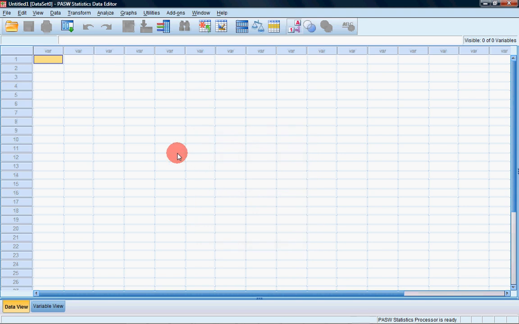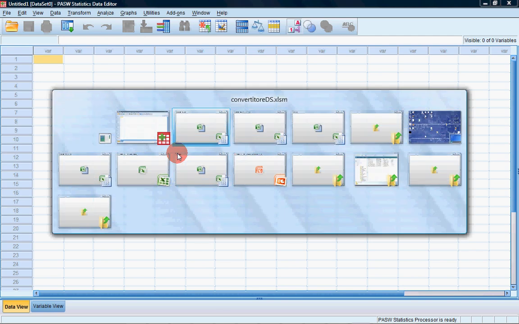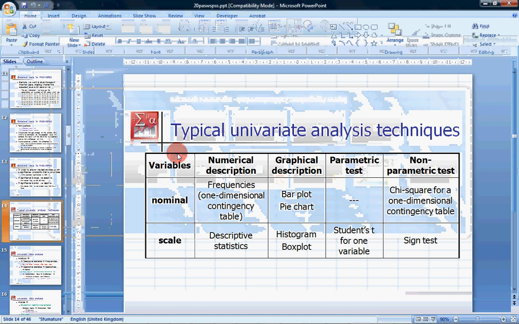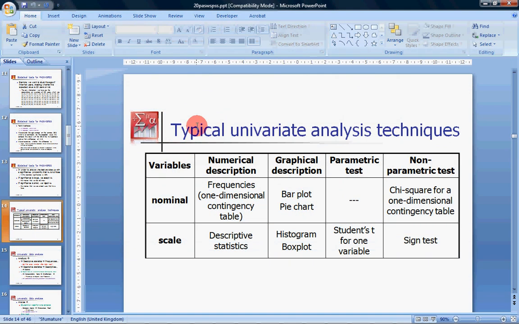Okay, this is the third video on SPSS. Let's see what we are going to do today. Today we will see the typical univariate analysis techniques. These are the techniques which let you analyze a single variable. So not the case when you have two variables and you are trying to discover the relation between the two variables,